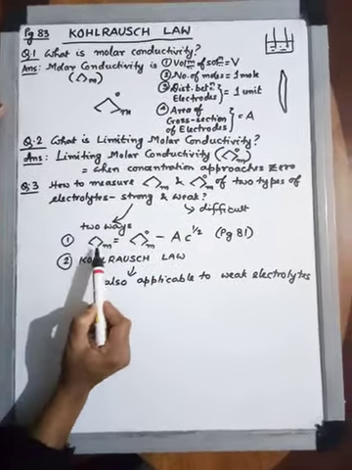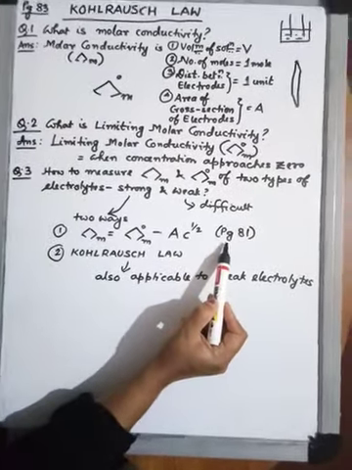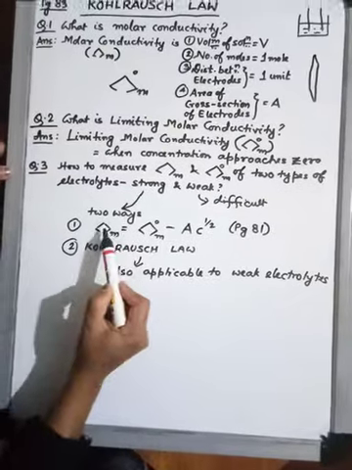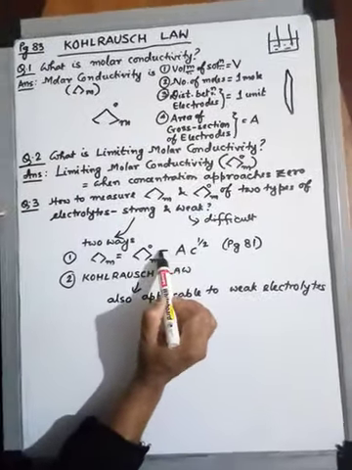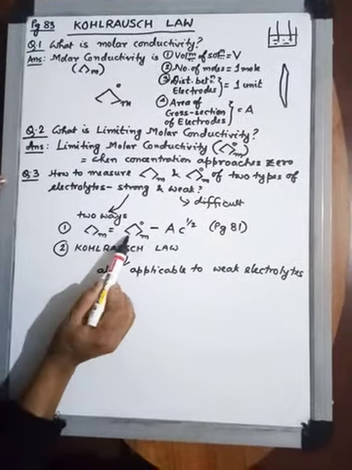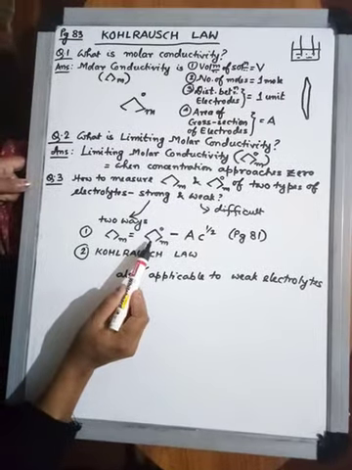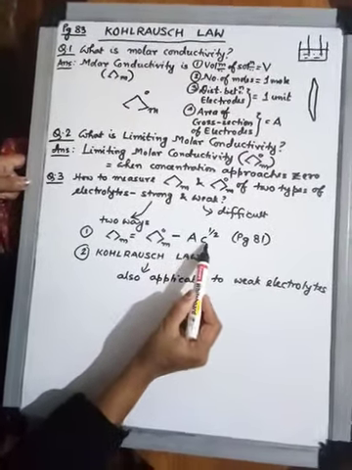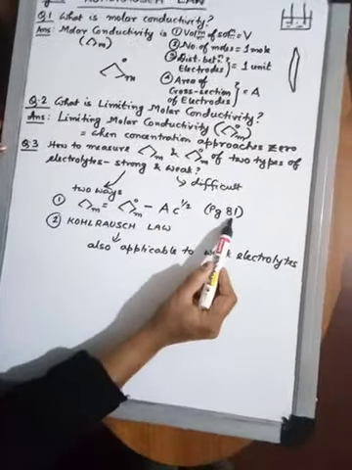So number 1, this formula I have already given you, to be bracketed, from page 81. You will find this is the formula. You have to just learn it by heart. You don't require the derivation of this. You simply learn what these terms are. You already know these two now. This is molar conductivity. This is limiting molar conductivity. A is a constant. C is the concentration. You will find the details of this on page 81.